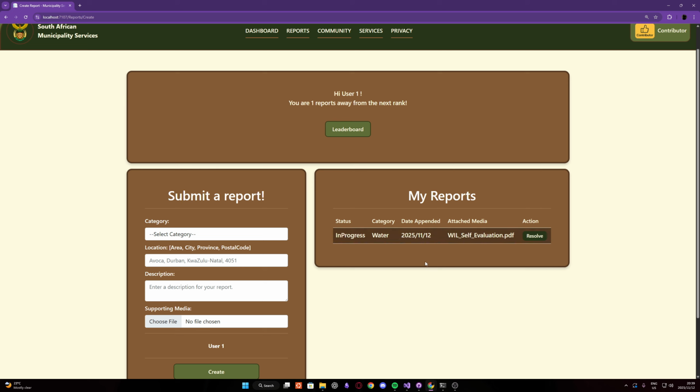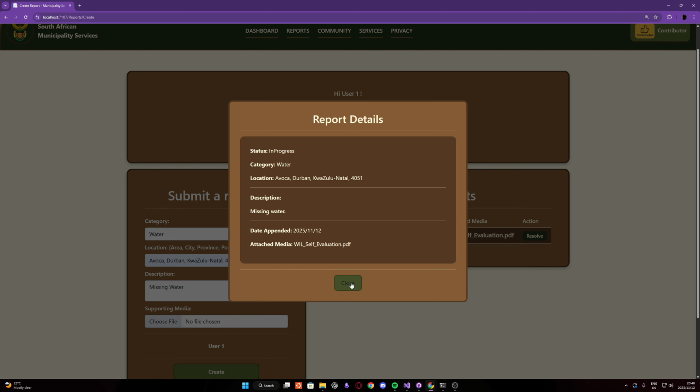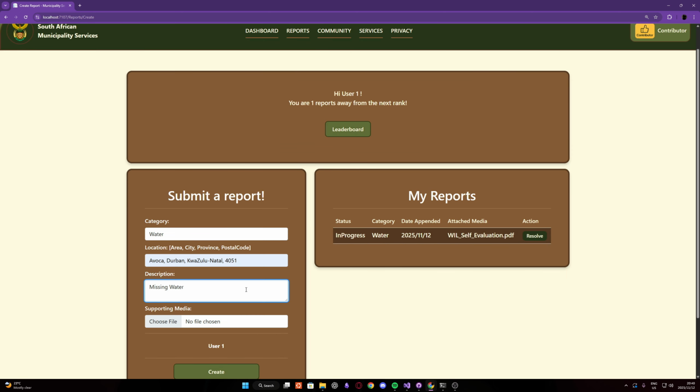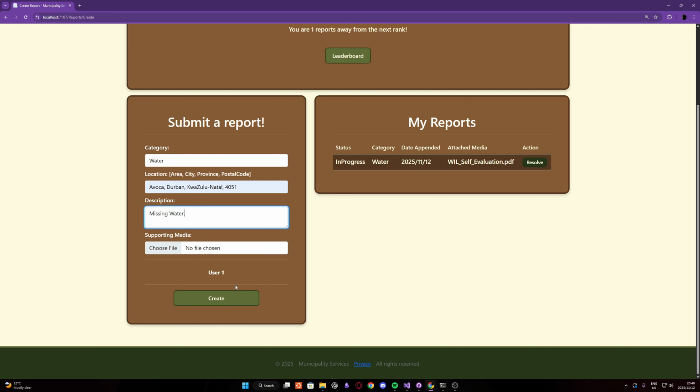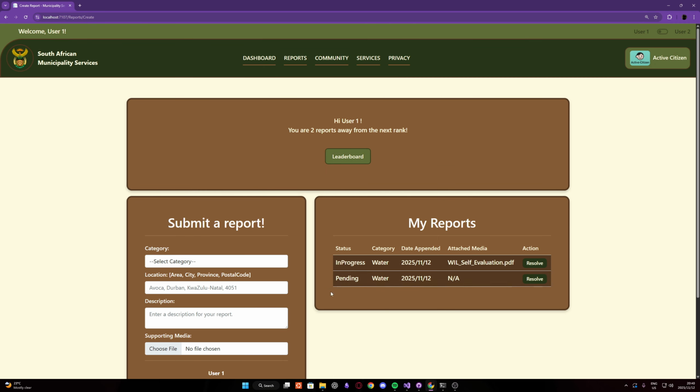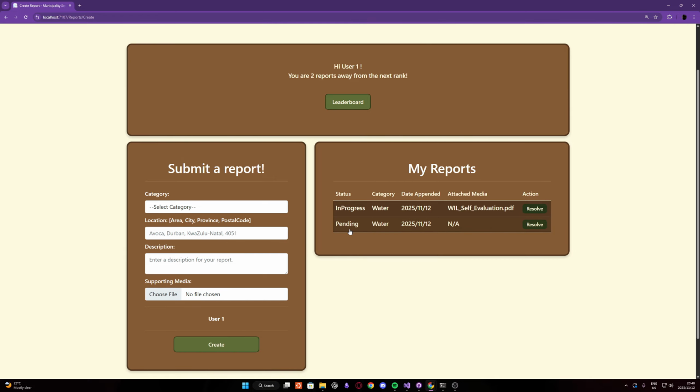So what I want to do at the moment is actually show you how we do the duplication checks. Let's go ahead and log one for water again, choose the exact same location, and we got that description, which was missing water, if I'm not mistaken, or was it water missing? Let's just double check. Missing water, perfect. So I'm going to close that. I'm not going to append a file this time because that's not required, and I'm going to go ahead and create it. As you can see, initially the status is set to pending, but if we wait a few seconds for the background processes to happen,